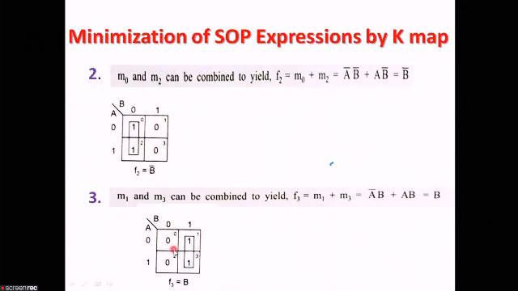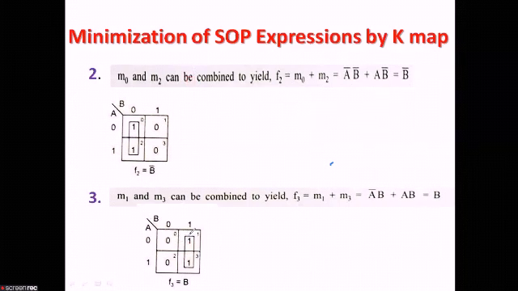Now we will look here. How we will do it? Again, we will be writing A and B. Why? Because these 2 are the variables A and B. Next, write the values of B, 0 and 1. Next, write the values of A, 0 and 1. Next, here it is said that M1 and M3 is present. Now, this is the box corresponding to min term 1 and this is the box or the square corresponding to min term 3. So, just write 1 and 1 here.